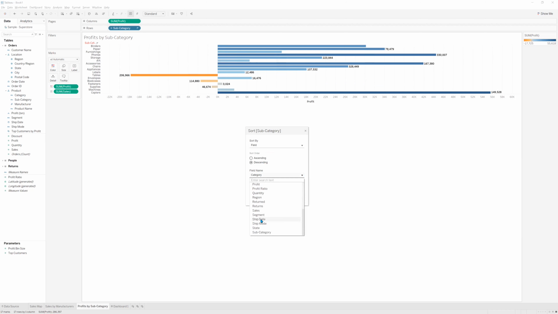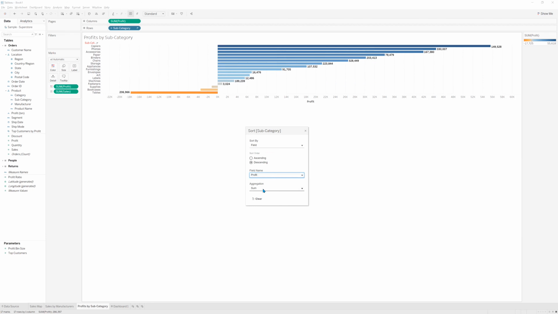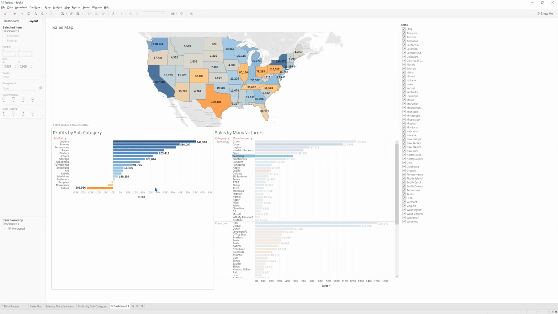And I want to bring profits here. The sum of profits. So this looks much better. It's easier to digest. So sorting this subcategory field by profit, sum of profits in descending order. Going back to the dashboard, you can see the changes reflected. And